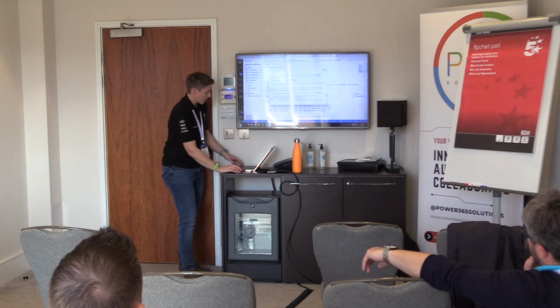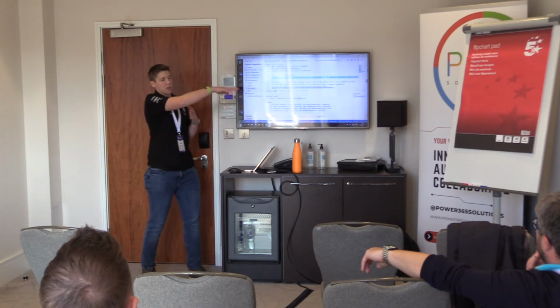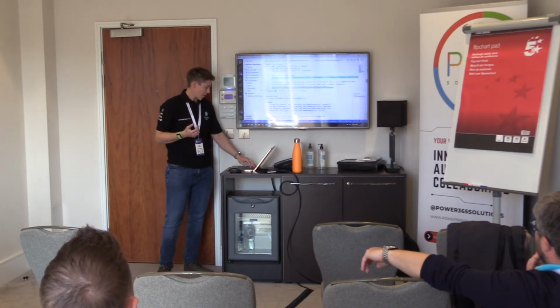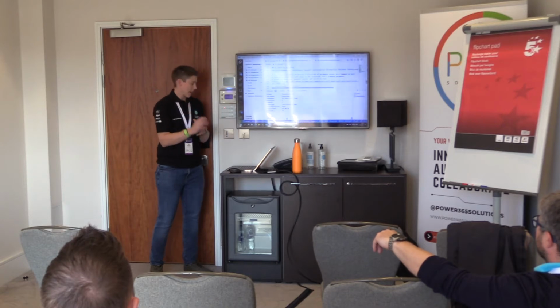Cool. So the final thing worth mentioning on this is splatting. This command that I've highlighted runs off the screen because there are so many parameters. It's not easy to read, but what it's doing is getting the compression information from one of my databases. With splatting, you can basically reformat how that code looks